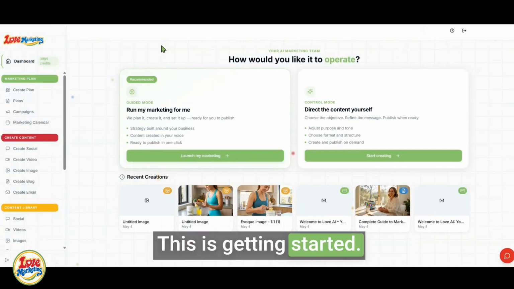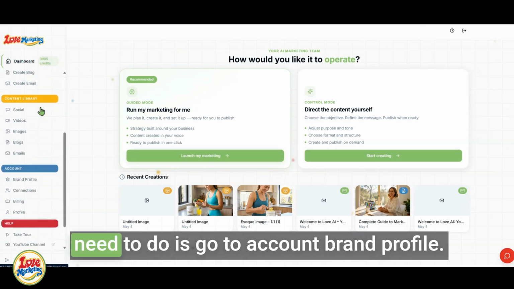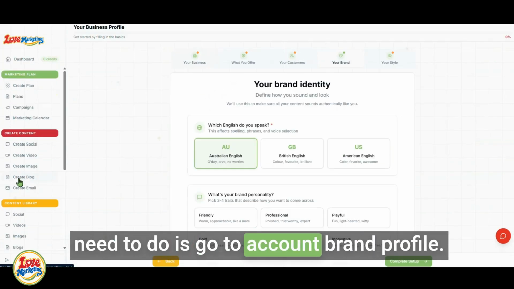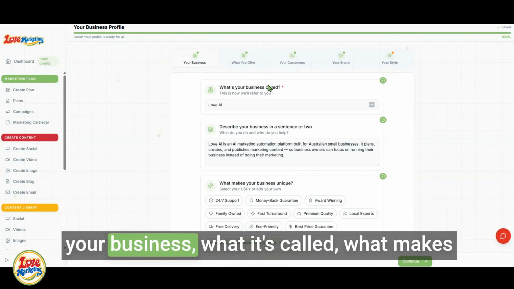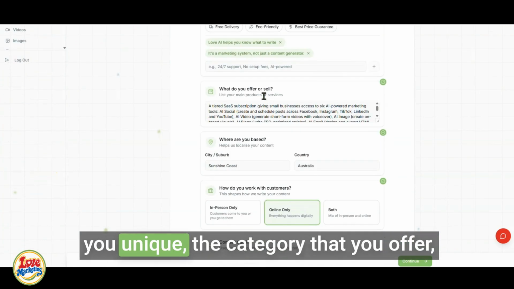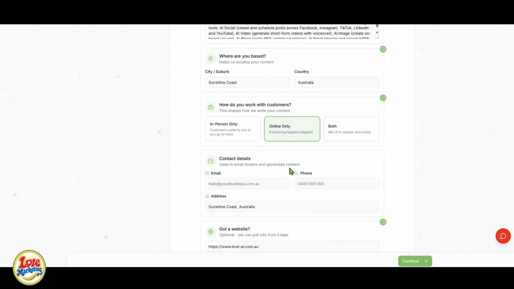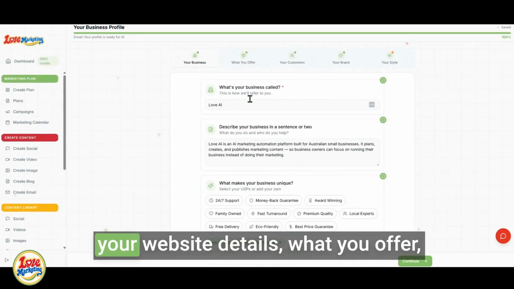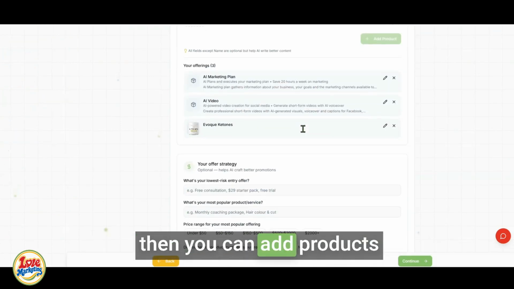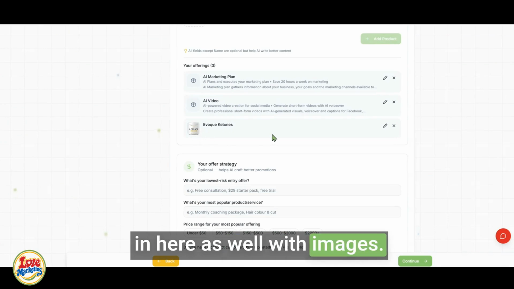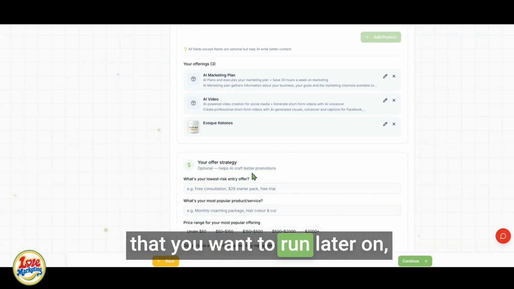This is getting started. When you first sign in, the first thing you need to do is go to Account, Brand Profile, and in here you add information about your business: what it's called, what makes you unique, the category that you offer, your website details, what you offer. Then you can add products in here as well with images. And then if you've got any offers that you want to run later on,